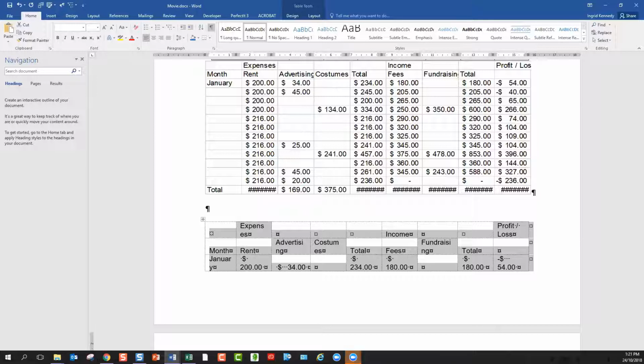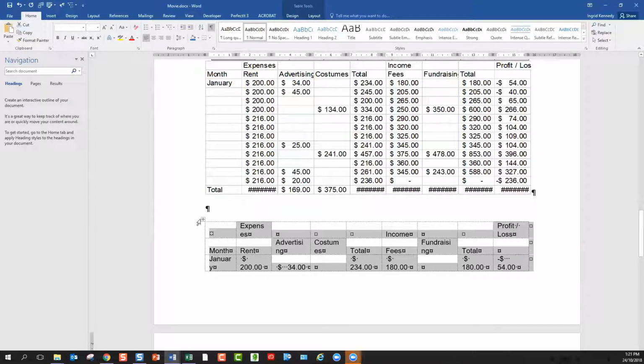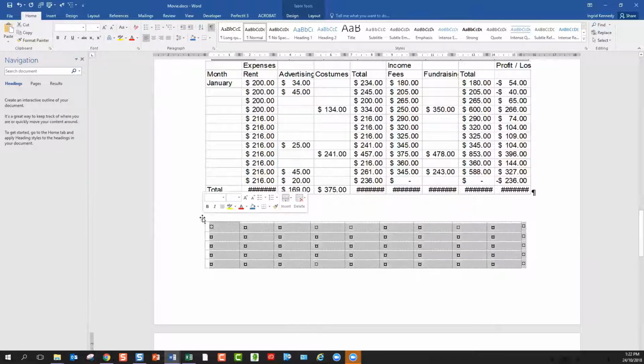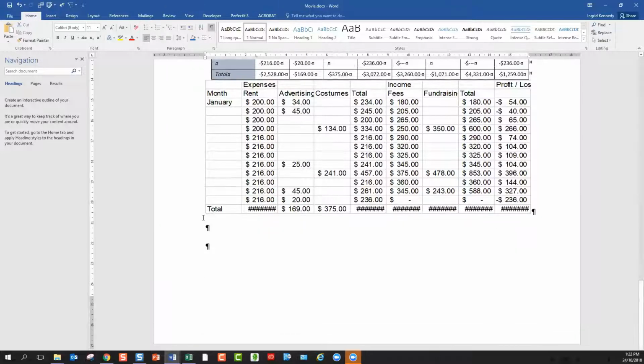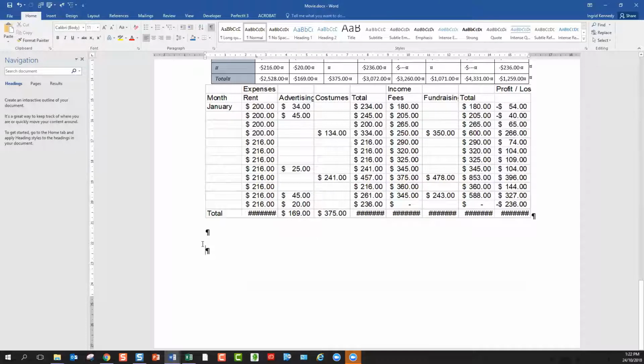Okay, good. If you want to get rid of a table and you click on the little button there, it selects the whole table and you think, oh good, now I'm going to tap delete, all you're going to get is the contents being deleted. Okay, so what you need to do here is you can right click and go delete table if you like, but if you don't want to do that, you can go backspace or shift delete. So backspace gets rid of the whole table, and so does shift delete get rid of the whole table. So there are a few